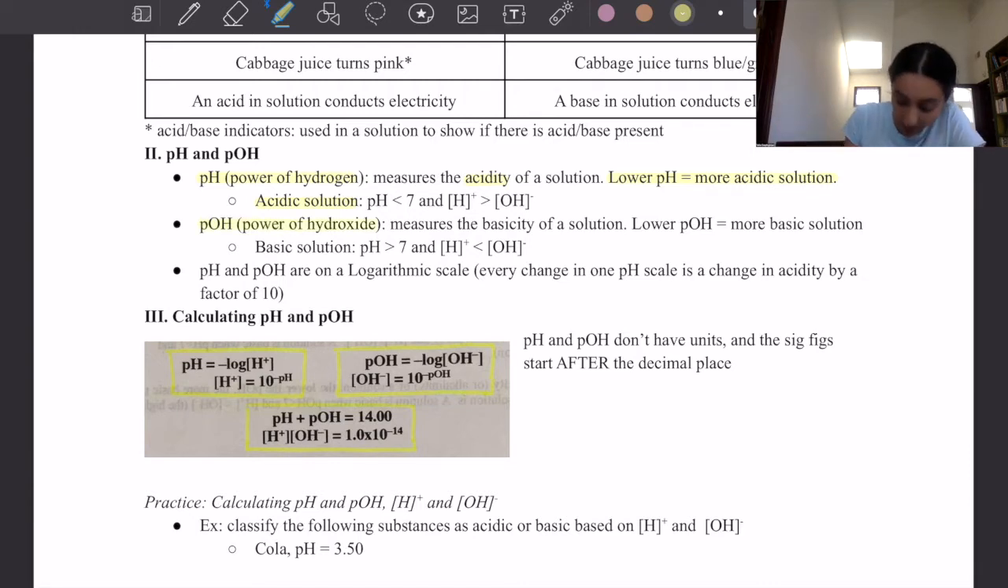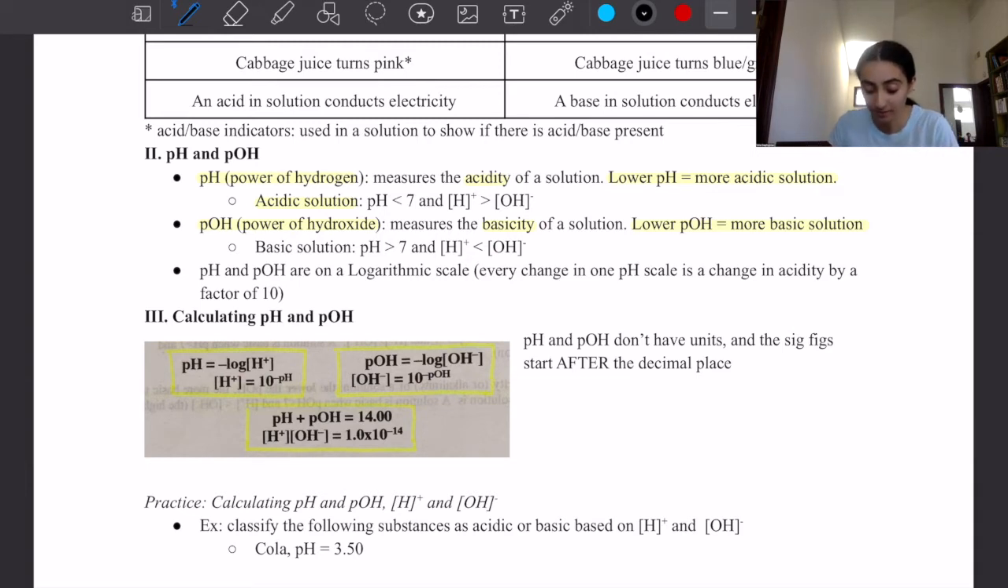Now we have pOH, which is the power of hydroxide, and this works the same way as acidic solutions but flipped. So this measures how basic a solution is. When you have a lower pOH, there's a more basic solution, for the same reason as the hydrogen. If you want to calculate the concentration of OH minus using the equations I have over here, just like we did with H plus,